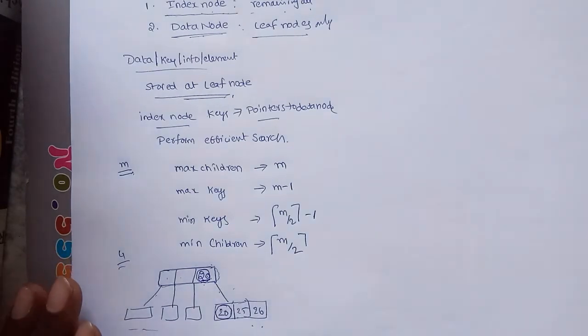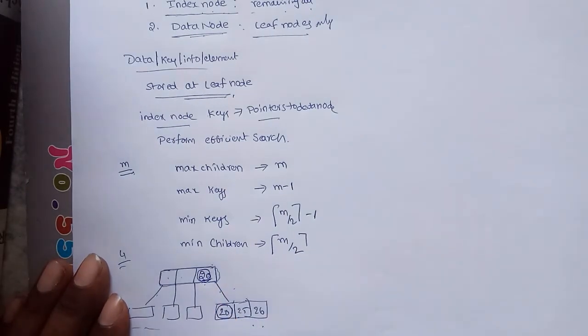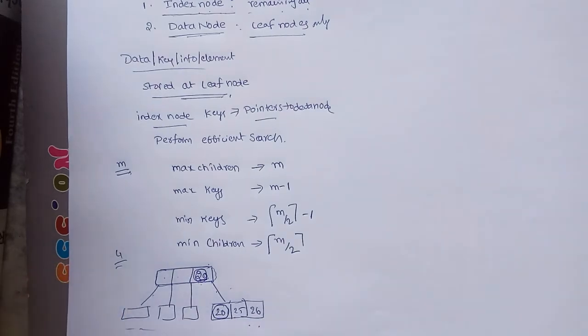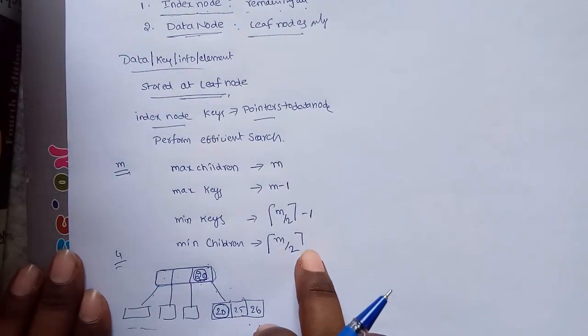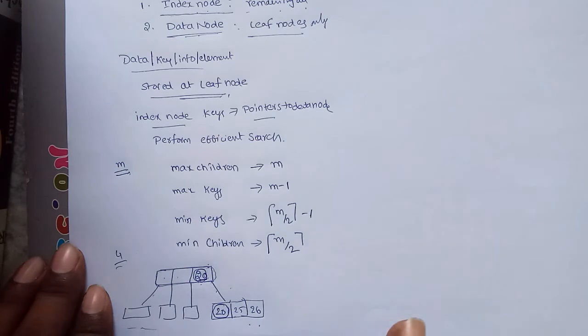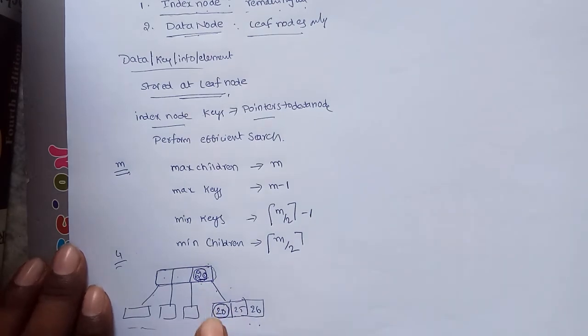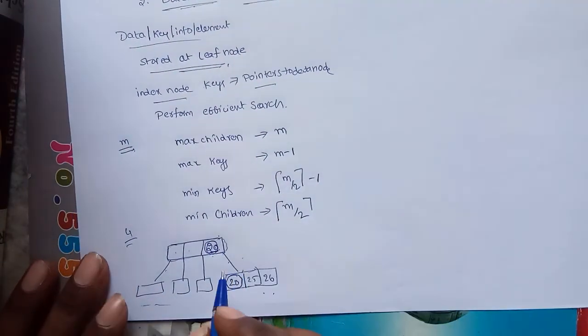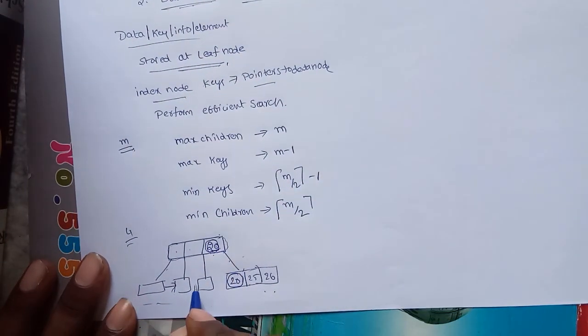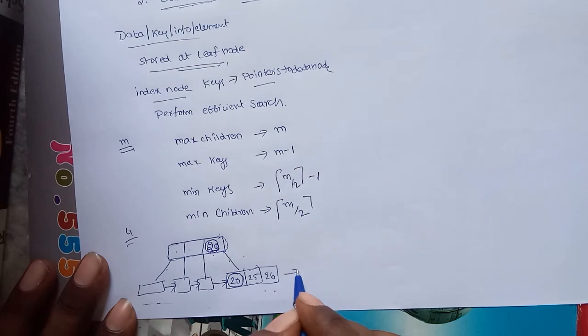Okay. In B plus tree, coming to deletion, it is simple. Deletion is very simple because the deleted element is always at the leaf node, compared to B tree. In B tree, the deleted element is at different levels. So whenever we have to delete an element, the deleted element is replaced with either successor or predecessor. But in this, the deletion is very simple. And a very important point, remember, all leaf nodes are connected by a linked list.